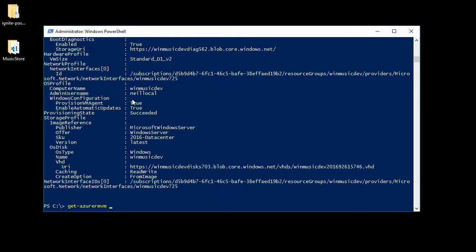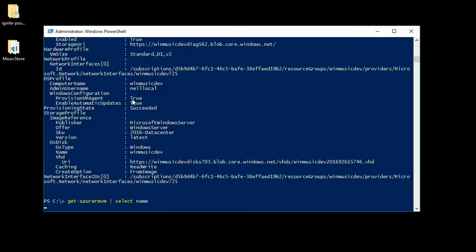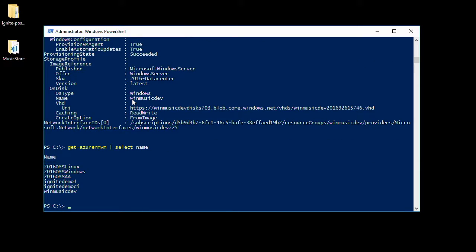Let's say I wanted to trim this down. Select name. Bam, so I can see a list of VMs in my environment. And if I wanted to perhaps power off a VM,